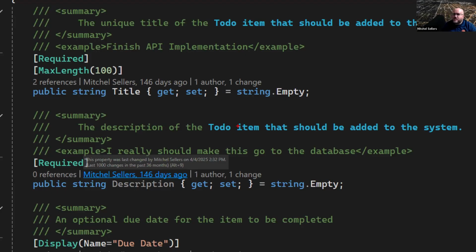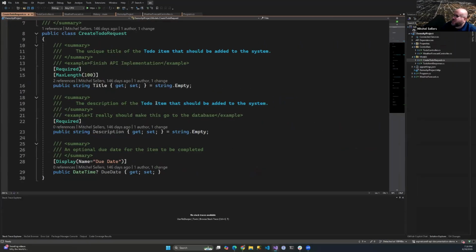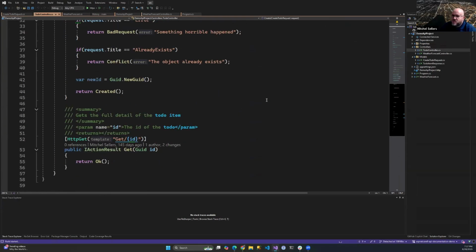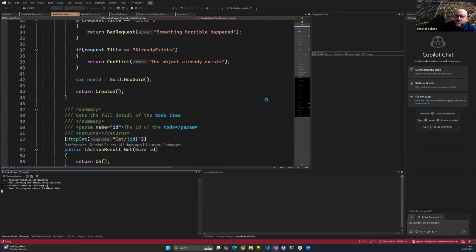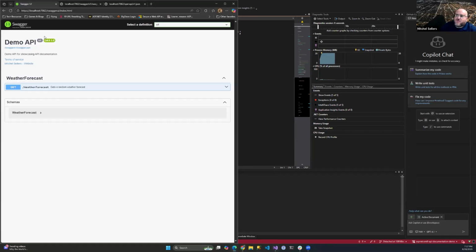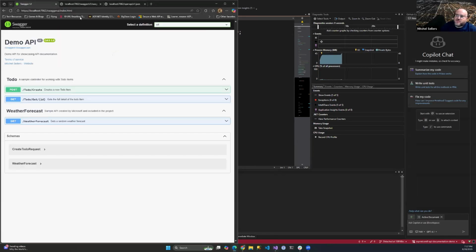But the goal here is I can say, hey, here's a sample of what a title looks like. Here's a sample of what a description might look like. And what this does is allows you to then really push that limit and be able to get your users a bunch of really good detailed information along the way. So with these couple of small changes to the process, what I'm able to then do is have a far better user documentation experience. So now if I go and look at my Swagger documentation,